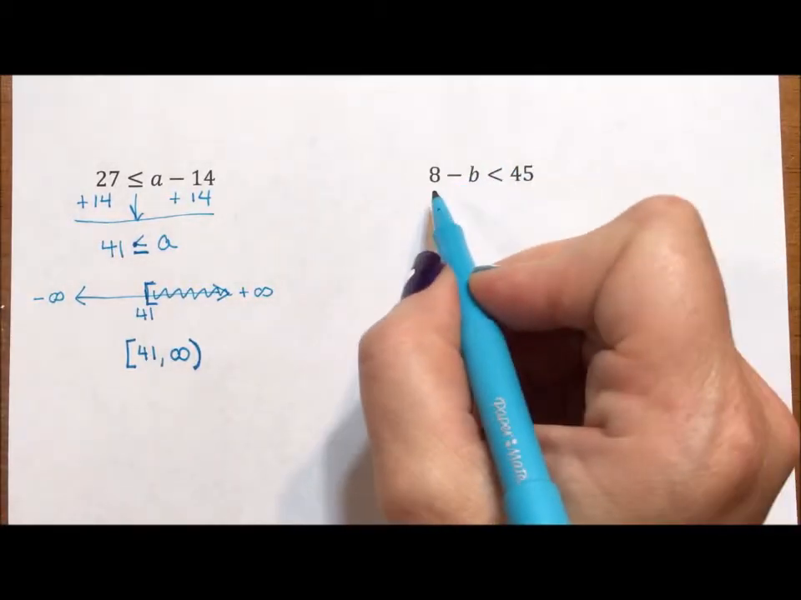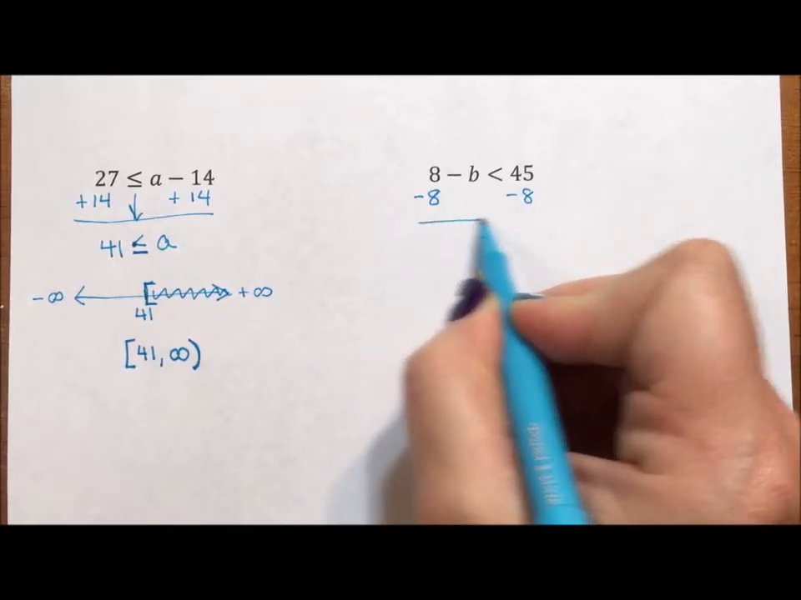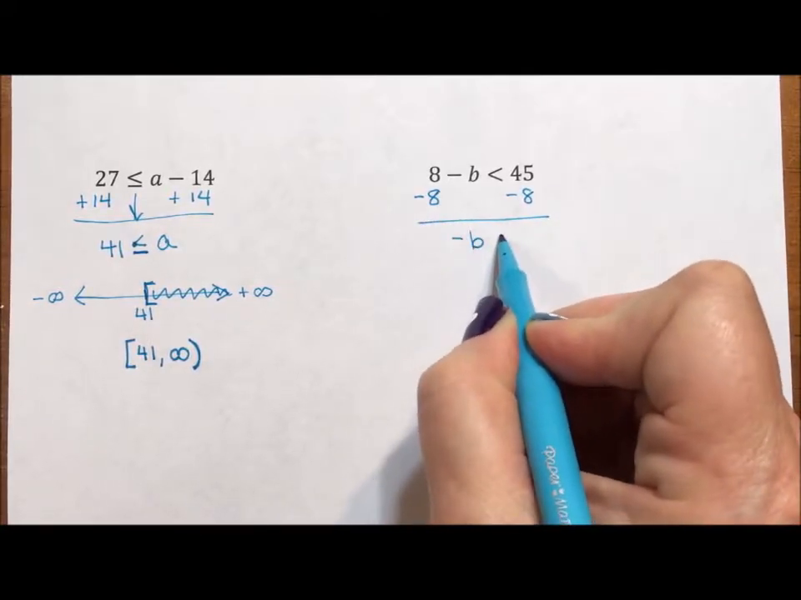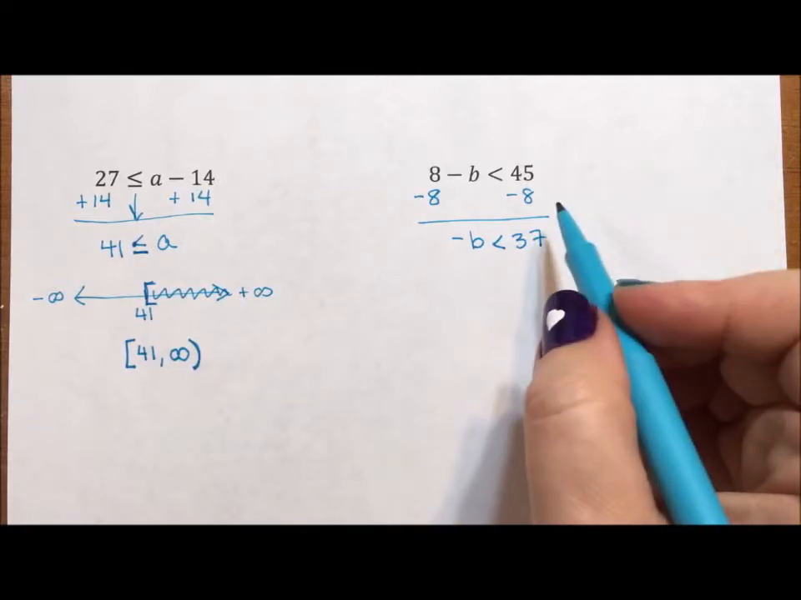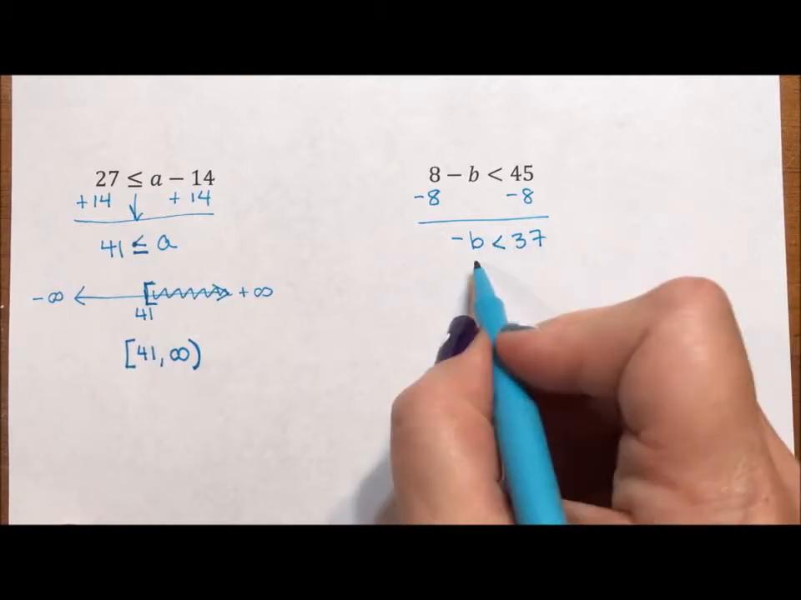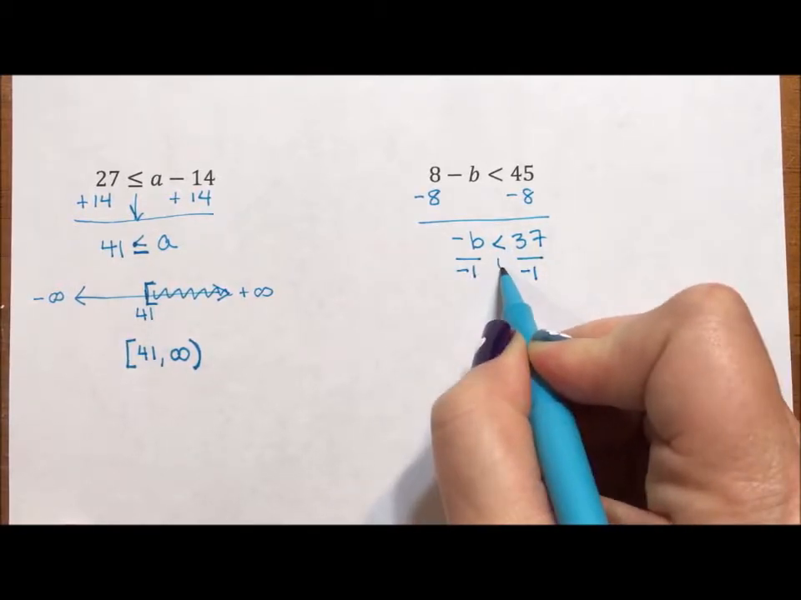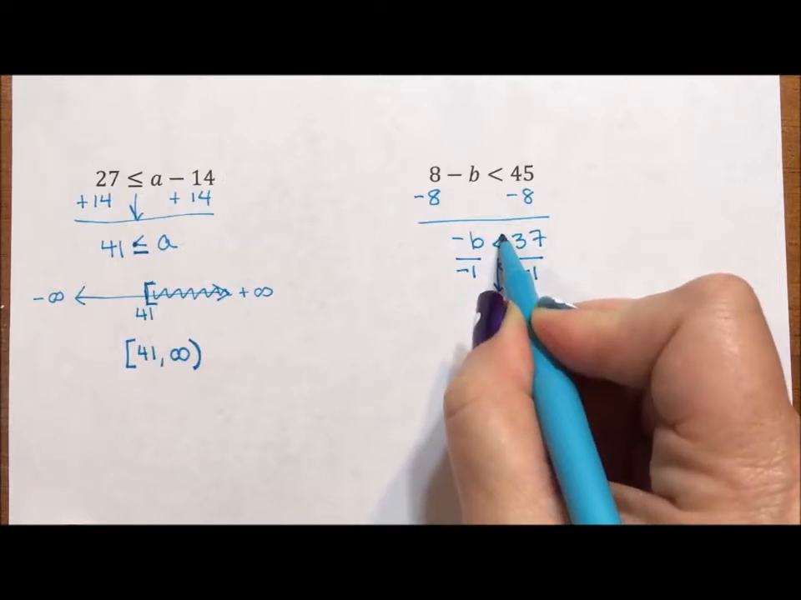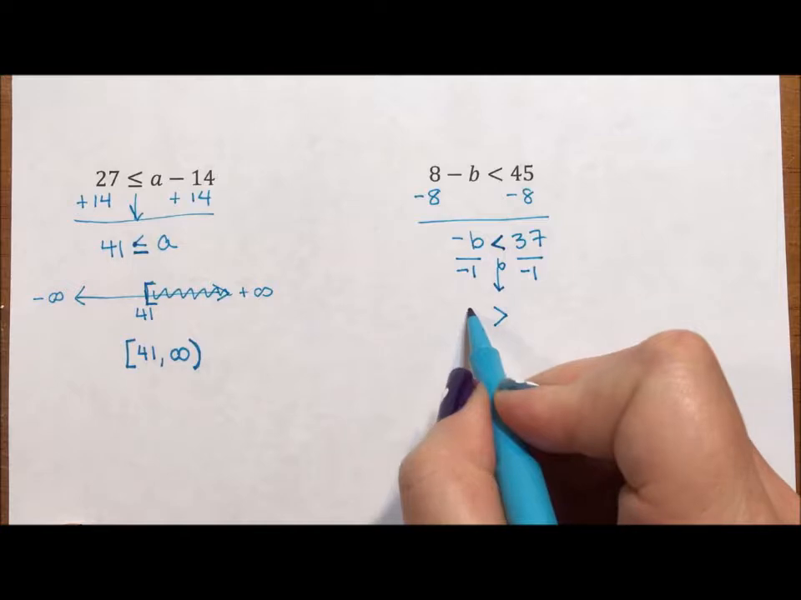Okay, this one's a little different. I'm going to subtract 8 from both sides, and then I'm going to get negative b is less than 37. Now, the one difference between an equality and an inequality is if you multiply or divide by a negative, you need to flip your sign over. So this sign needs to flip from pointing to the b to pointing to the number,